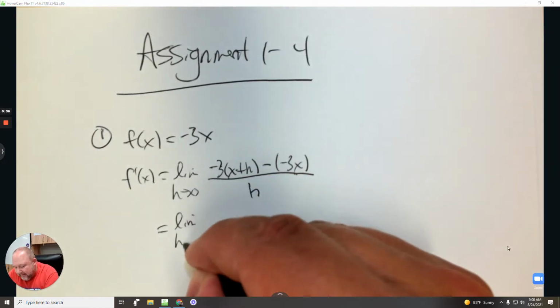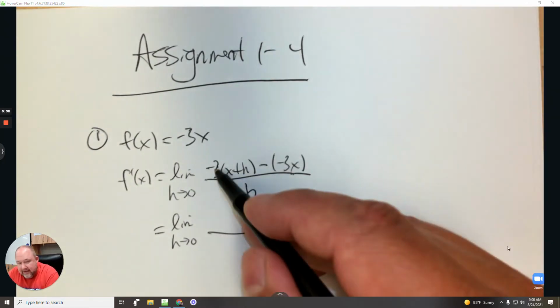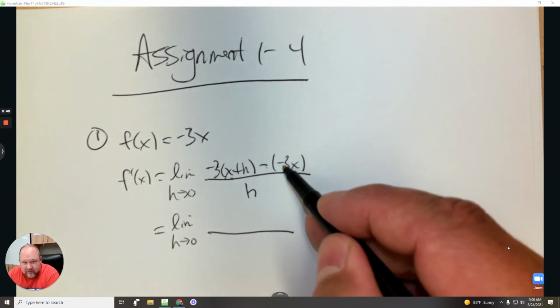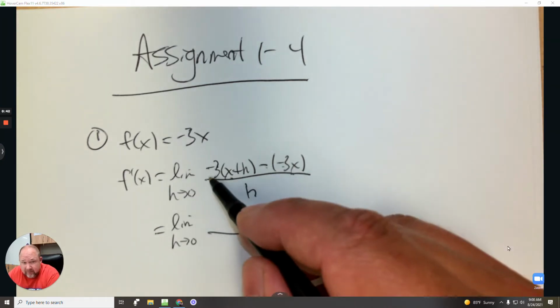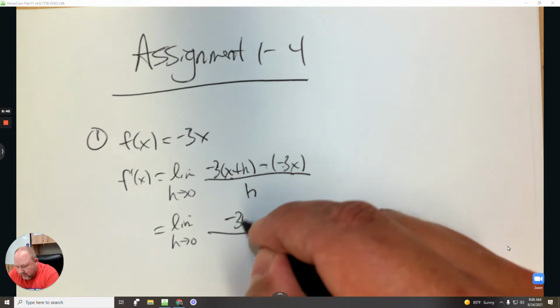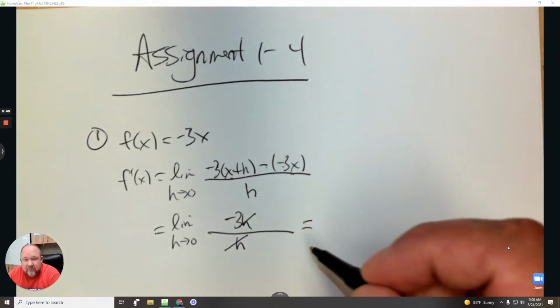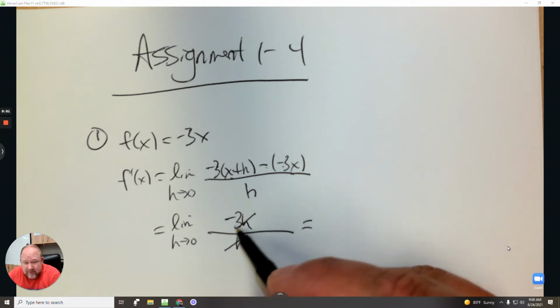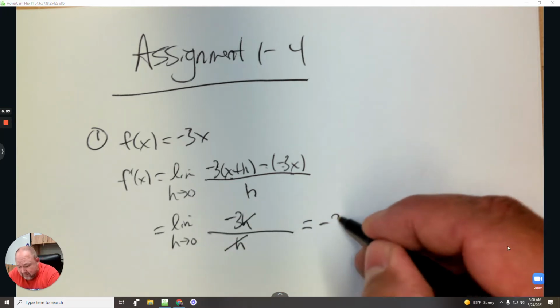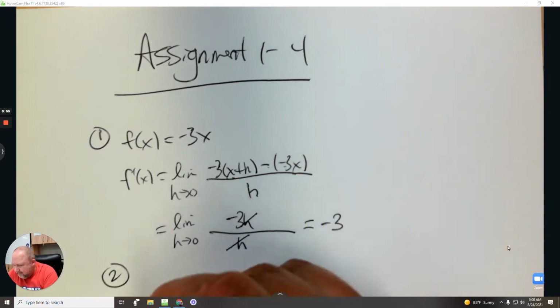And now we do some algebra. So that's negative 3x, and a negative times the negative is positive 3x. So they cross out, and so all you're left with is negative 3h over h. Divide out the discontinuity, and now all you're left with is negative 3. There's nothing to even plug in, and there's your answer. Number 2,